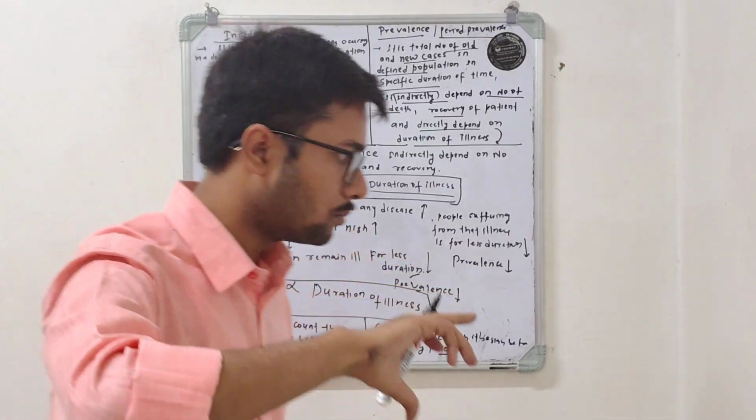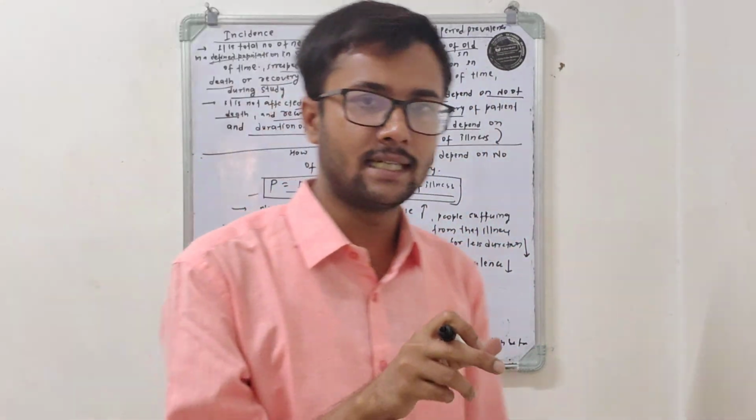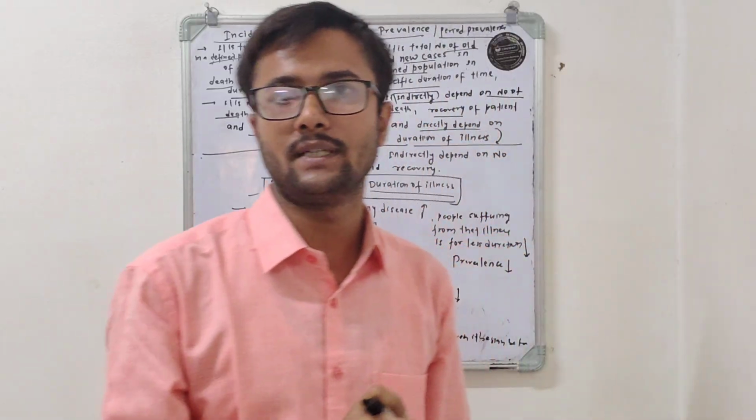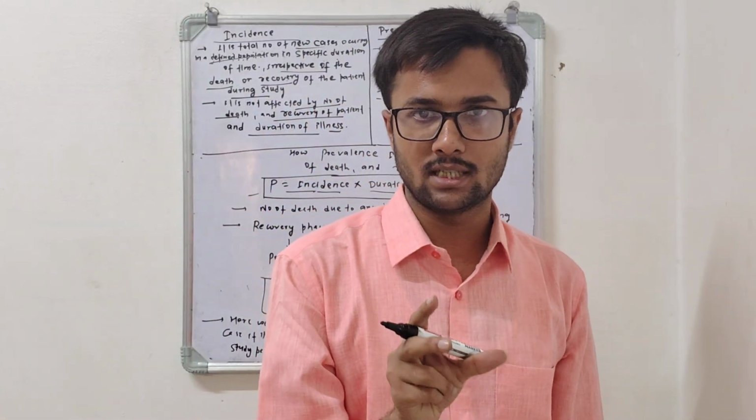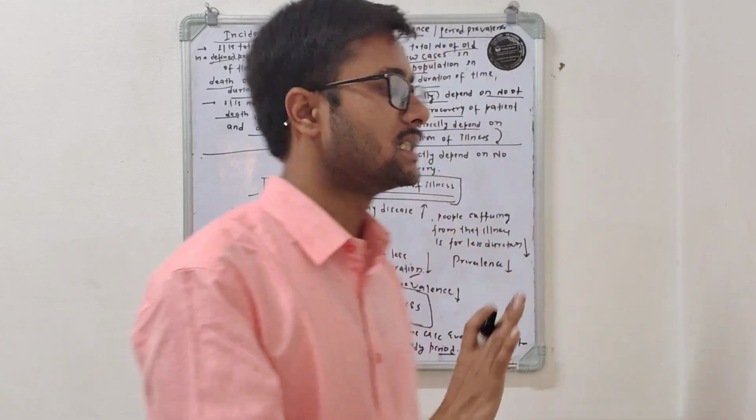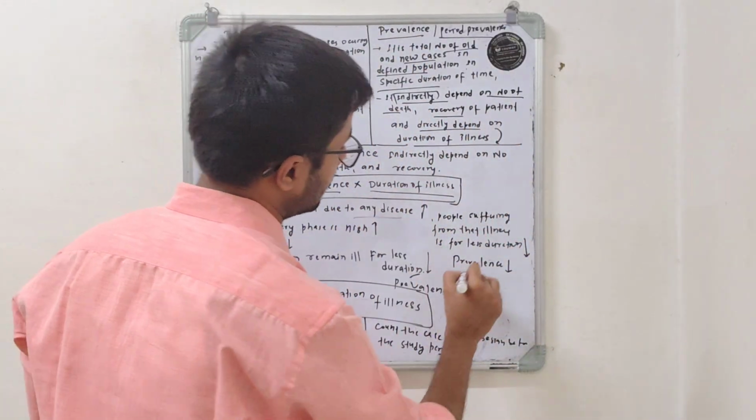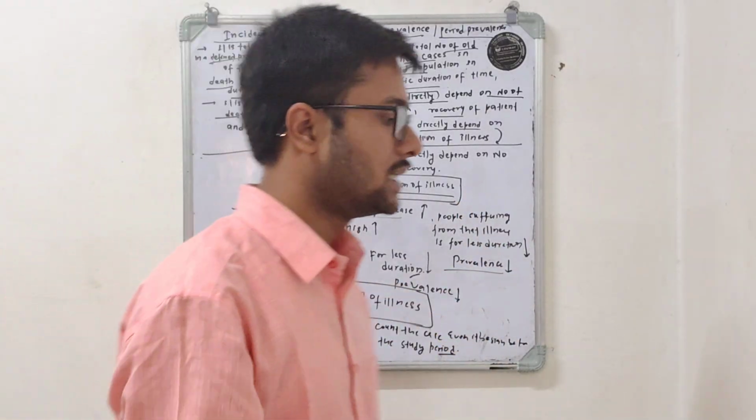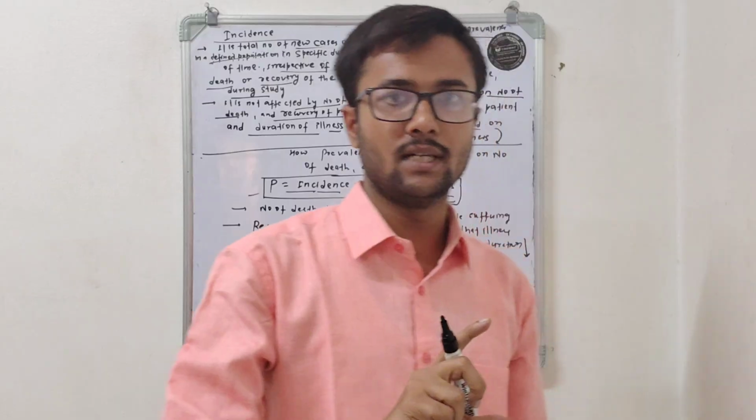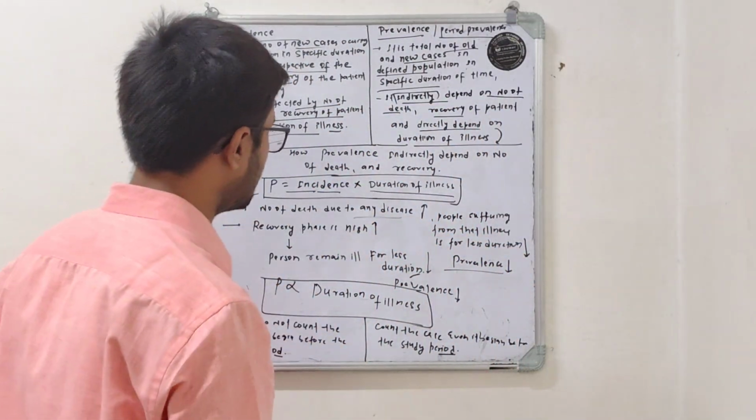So due to the greater number of deaths, it indicates that the duration of illness is low, and if the duration of illness is low, that means the prevalence is low. If the duration of illness is low, then the prevalence is low. So this is the indirect dependence of prevalence on the number of deaths. What is the other factor? The other factor is